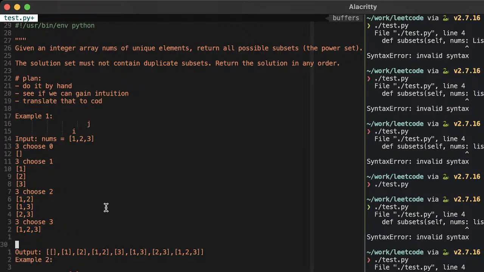Let's talk about it, so brute force. The brute force is going to be something to do with 2 pointers, and also like the size of the input.